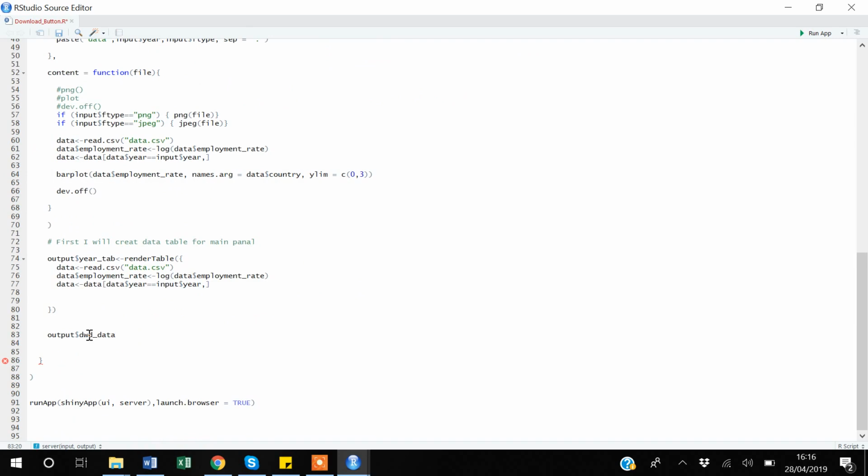and mention here, and then I will use this assign sign, and then I'll be using the downloadHandler function, and within that function we will be using further two functions. The first function will be the filename, which will allow us to decide what the file name will be whenever you select some data and download it, it will give some file name to that data. So I will be saying filename is equal to function,